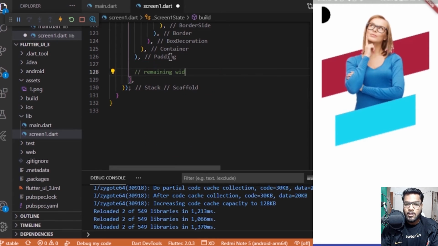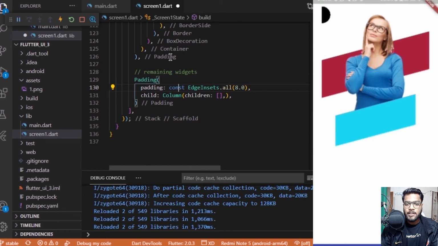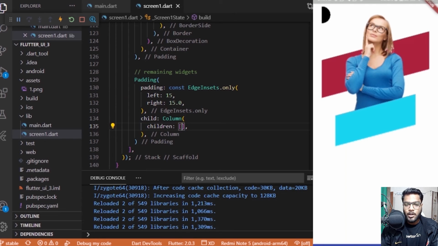And now I'll be working on the remaining widgets which we need to make to match up the UI which we have initially seen. So for that I'll be creating a column, enclosing it inside a padding, and the padding would be of the type only, and I'll be providing the padding of left and right as value 15. Now moving towards the children of this column.